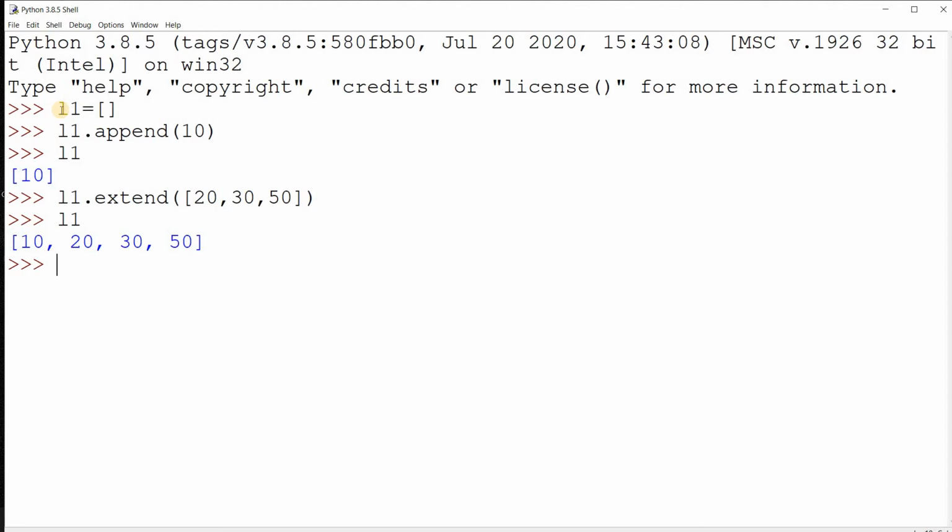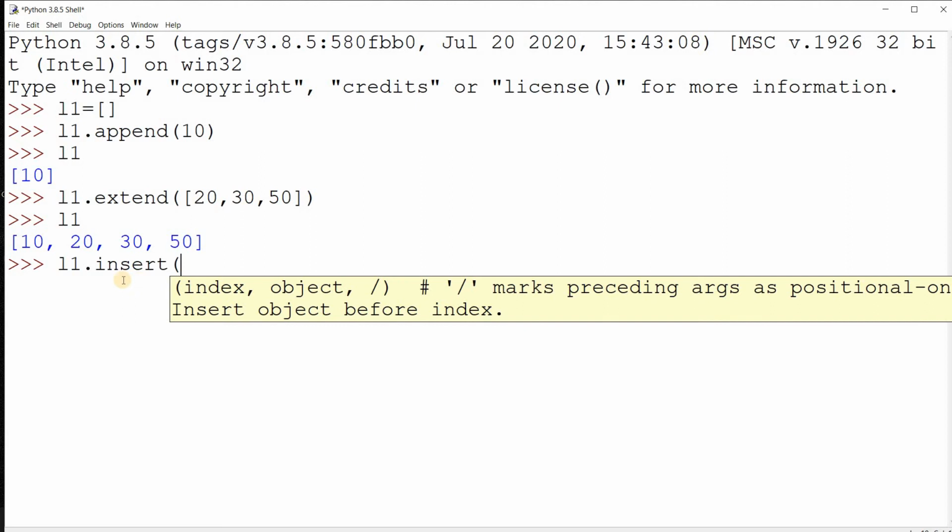But what if you want to add somewhere in between your list? Like if I want to add somewhere in between 30 and 50, then you cannot use append and extend. For that there is another method known as insert. It is used as L1 dot insert and the position of your element.